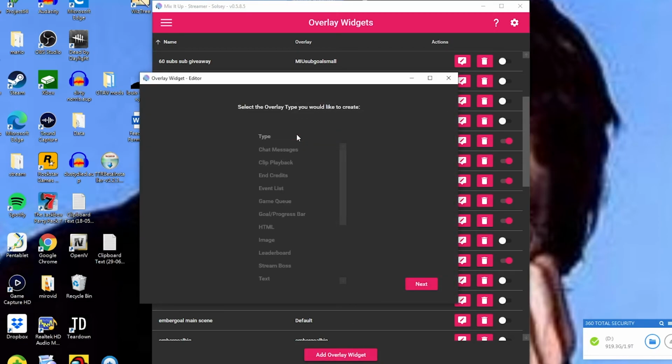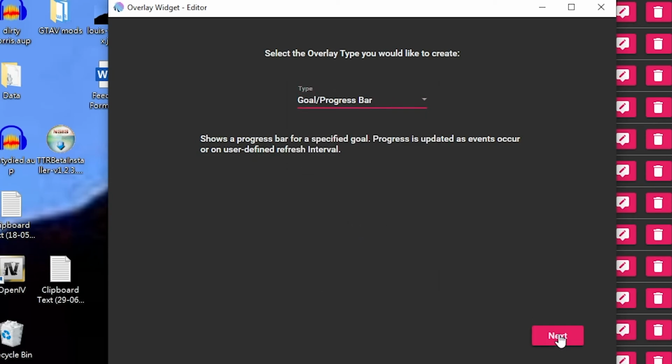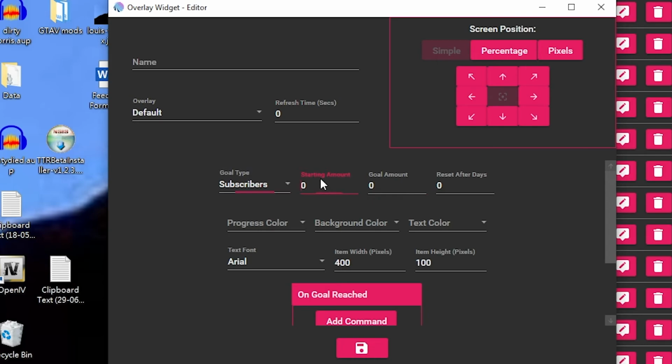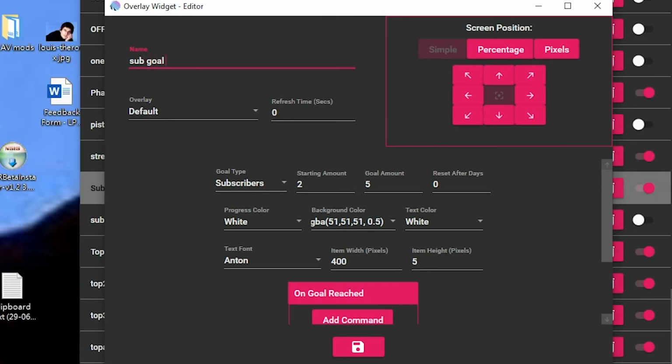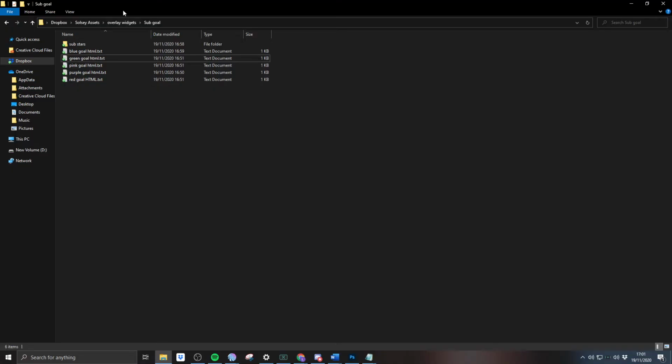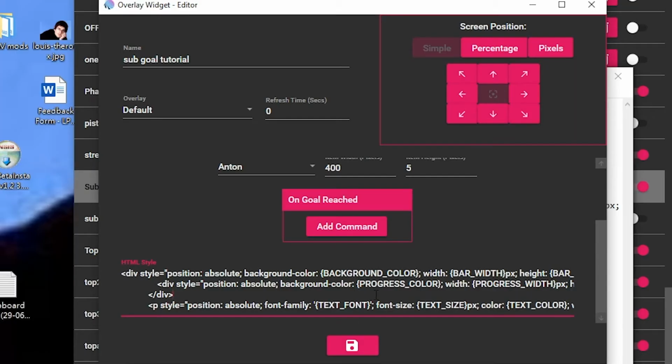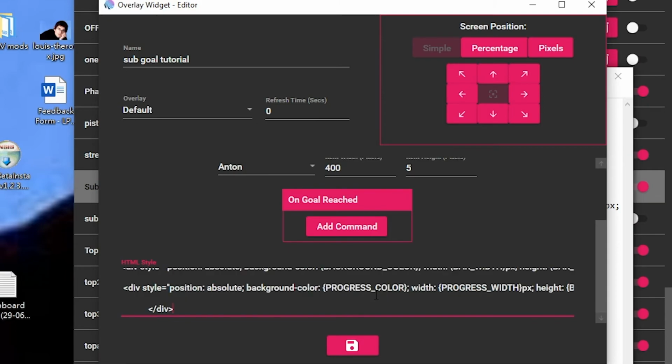If you want to add a subscriber goal in to mix it up, it's exactly the same process as with our cheer goal. So we just hit add overlay widget and we select goal and progress bar. Then next, we want to select subscribers. We call this sub goal tutorial. Then guys, you're going to need to browse back over to the sub goal file and then select which version of the HTML that you want to use. I'm going to use the blue one to see what this looks like. So if we again Control A and then Control V to paste over the code that's in there already,